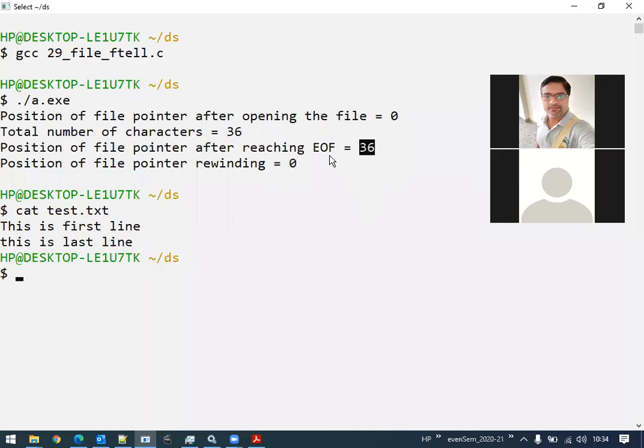So you need to understand here that the file pointer's position in a file begins at 0. If there are a total of n characters, then after reading all the characters, if the file pointer points at the end of the file, it will return the value n itself, not n plus 1, because it starts with 0.